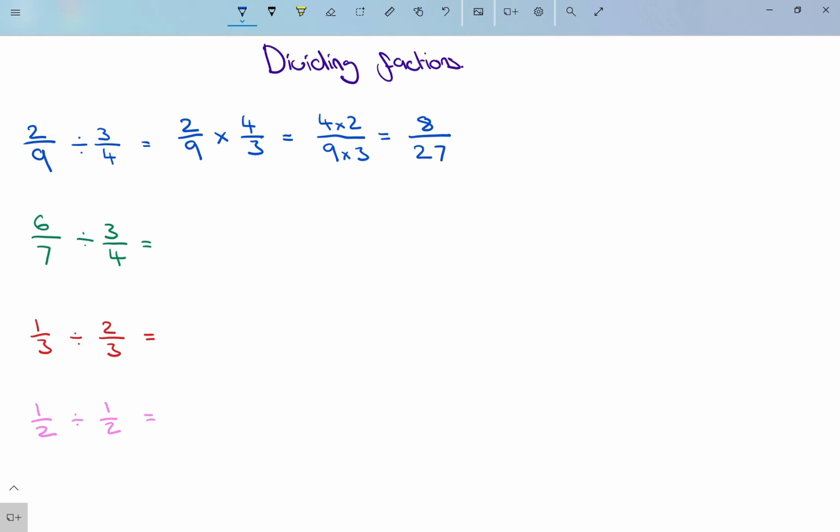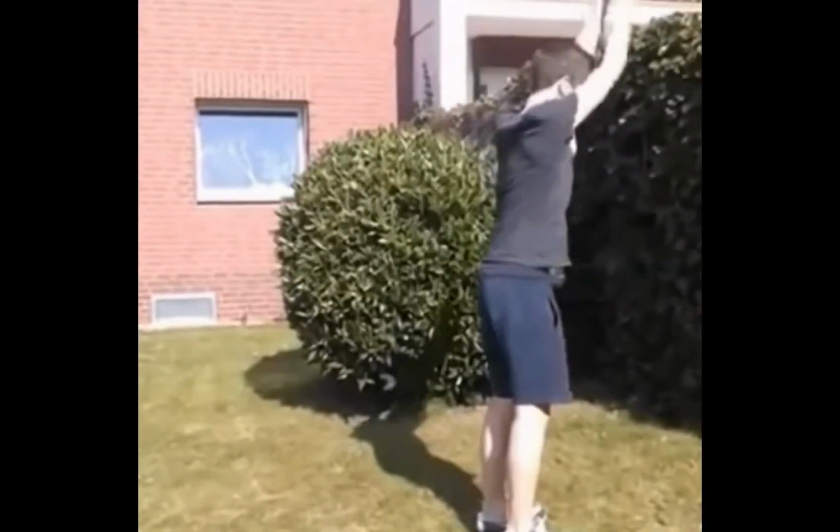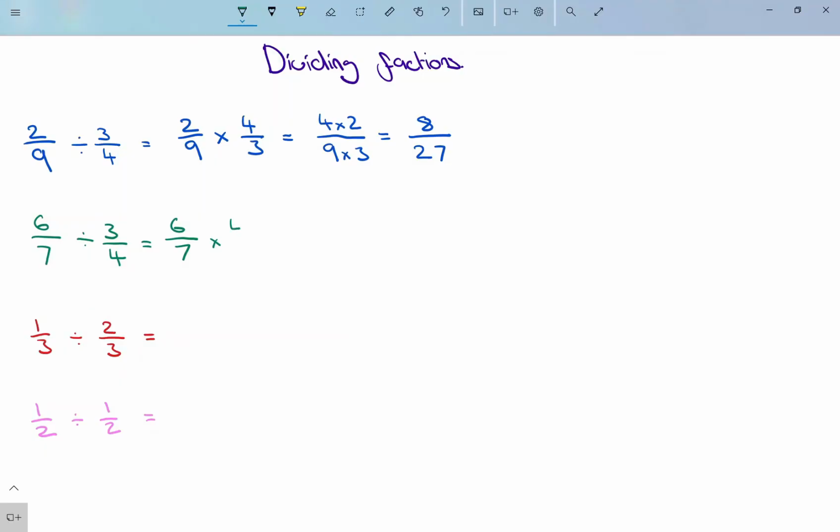Now we're going to do 3 more examples. So the next one, 6 over 7. Then we divide, so we're going to flip that second fraction. So 6 over 7 times 4 over 3 equals 6 times 4 over 7 times 3, which equals